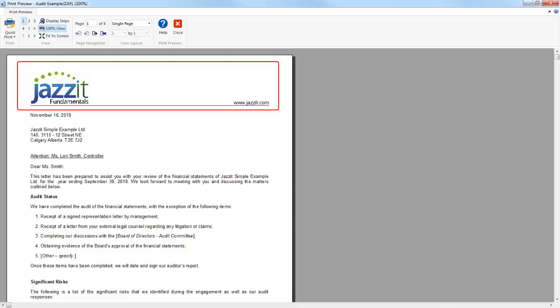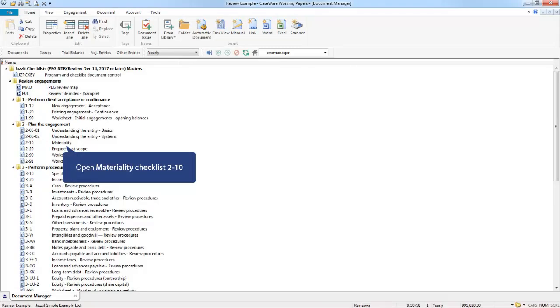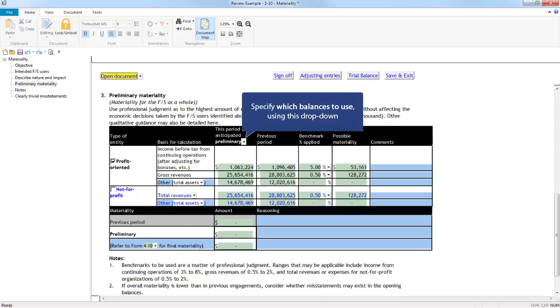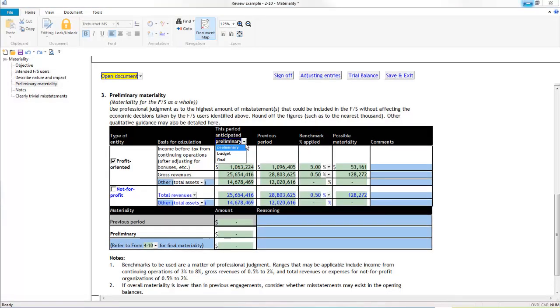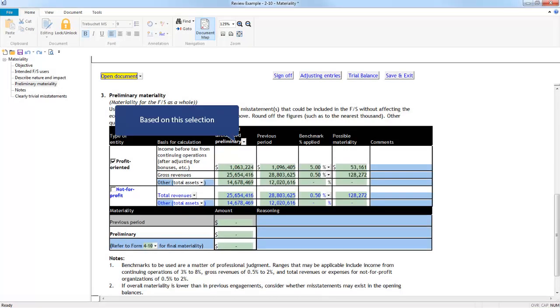Lastly, we'll take a look at the materiality options available. I'll open the Materiality checklist 2-10 and jump to the Preliminary Materiality section. Here you have the option to select which balances you wish to use from the caseware trial balance using this drop-down, and selecting either preliminary, budget or final balances. Based on this selection,